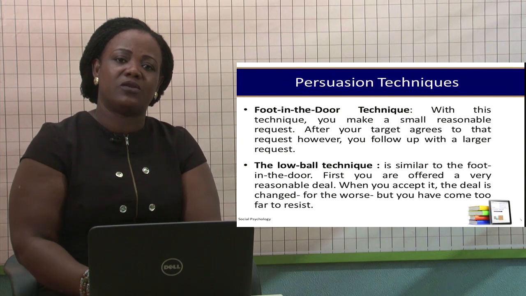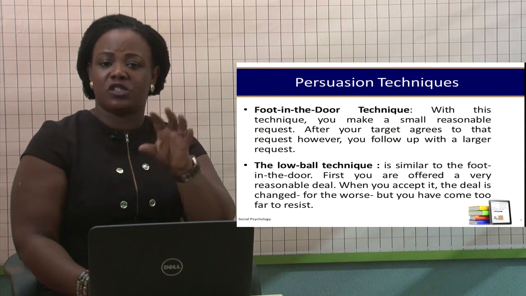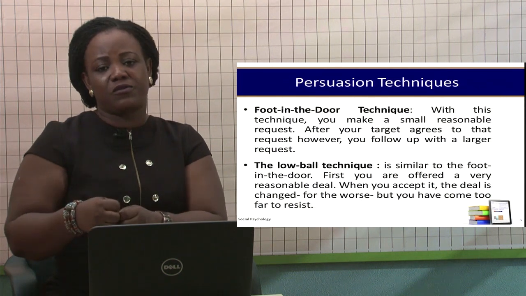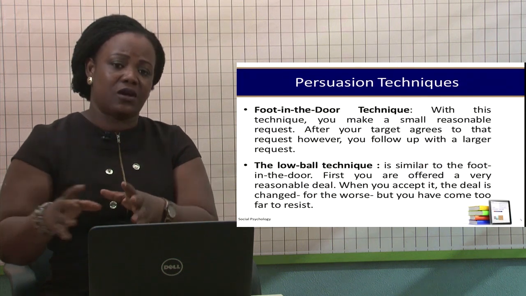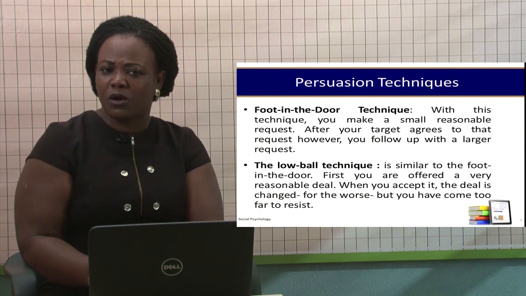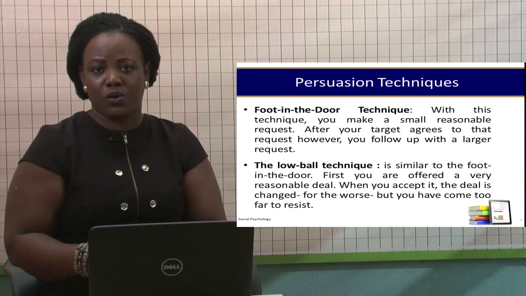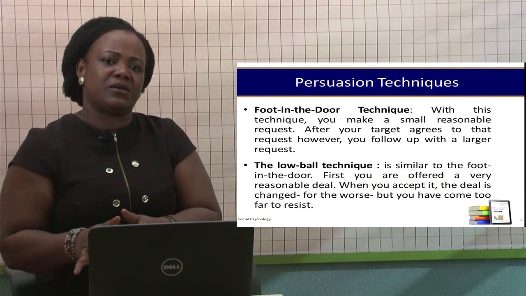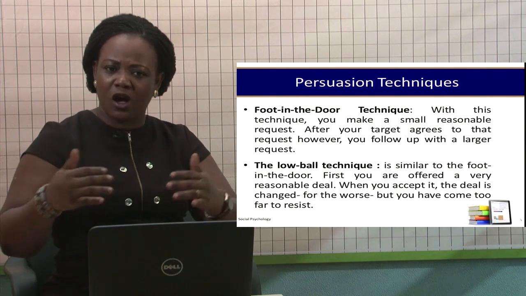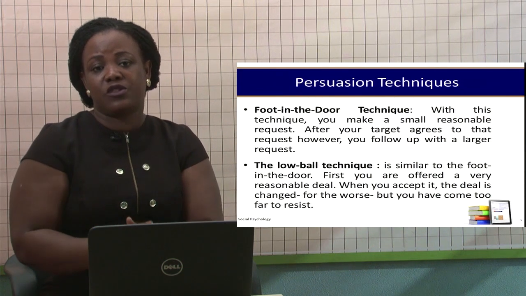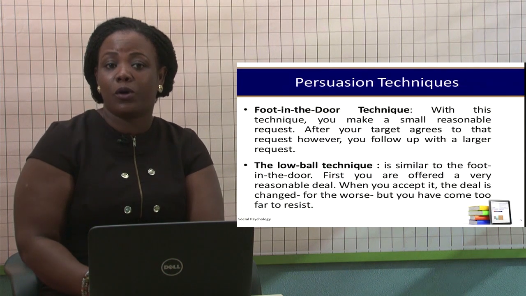And then I give you the 10,000 and ask that you deliver the vehicle. Then after you take the money, you tell me the 10,000 was just for the vehicle. In order for me to take the vehicle from the port, you have to pay another 10,000 for freight charges. Then I'm like, if I knew this, I would not have committed, but I have come too far to withdraw. And after giving you the freight charges, you tell me you need to buy about 500 cedis of fuel for me to drive it. So ultimately, I'm paying two times more, a worse deal than you started off with me. That's the low ball technique.